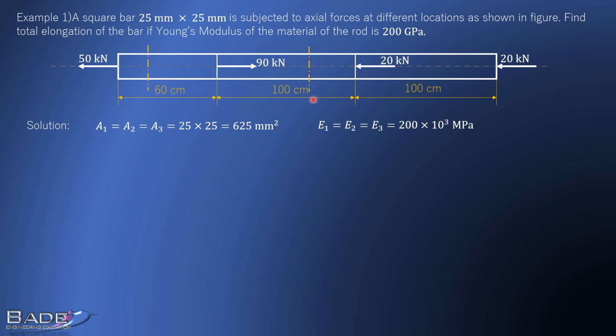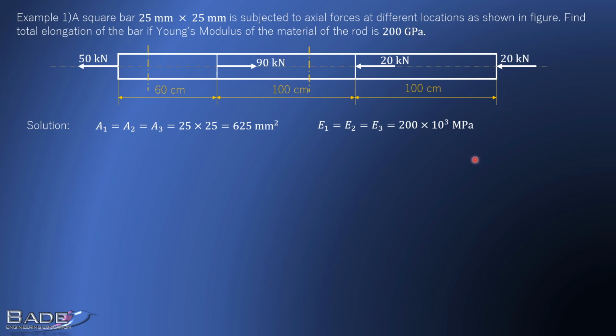Force on the second part: 90 push type of force. Just we are adding forces on the left hand side. So 90 push type of force and 50 pull type of force. So net force is 40 push. To find force in the middle part, take a section in the middle part and add forces on any one of the 2 sides of that section. So the right side of this section also you can consider. If we consider the right side of the cross section, then we get these 2 forces, 20 push and 20 push.